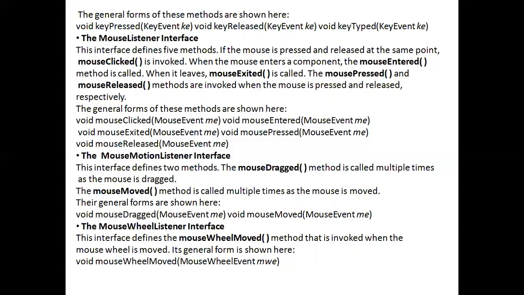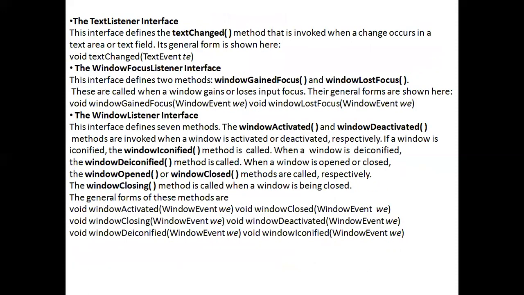Its general form is void mouseWheelMoved(MouseWheelEvent). The TextListener interface defines the textChanged method, which is invoked when a change occurs in a text area or text field. The general form is void textChanged(TextEvent).